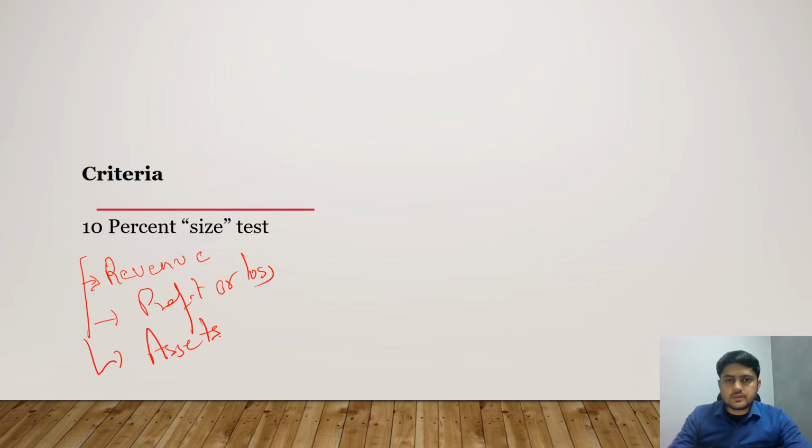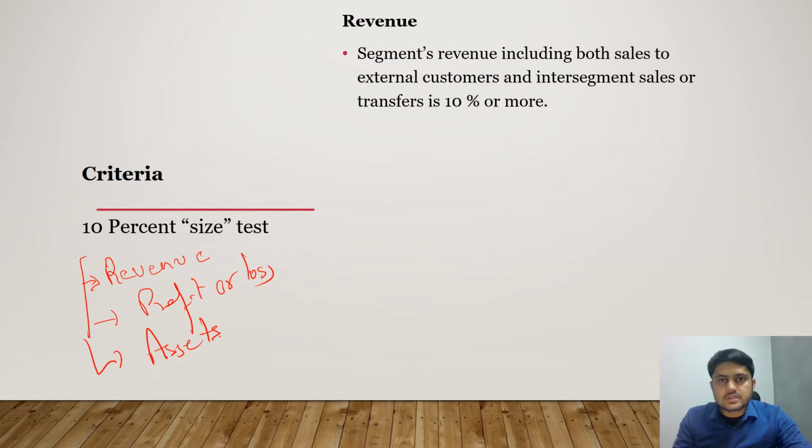So let's discuss this. How to calculate revenue? The important point here is that segment revenues, including both sales to external customers and internal segment sales or transfers, should be more than 10%. So internal segment sales should also be considered. If the total of external customers and inter-segment sales is 10% or more of the company's total revenue, then it will be a reportable segment. The second criteria is